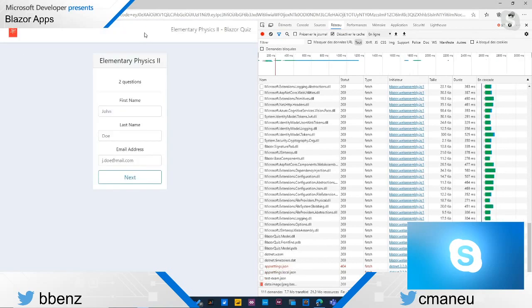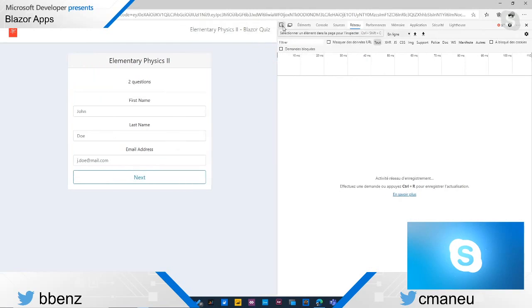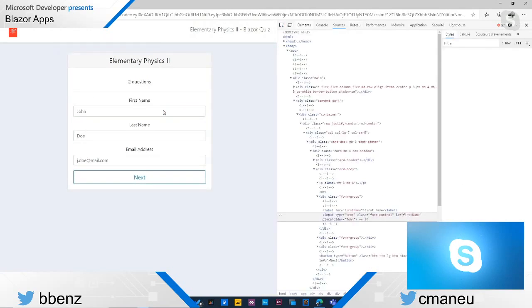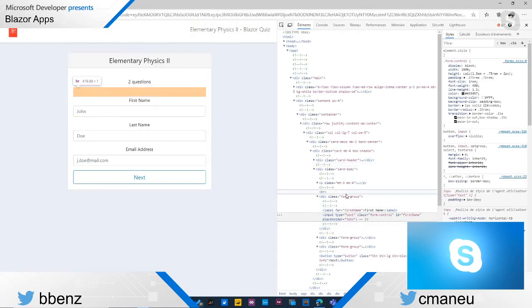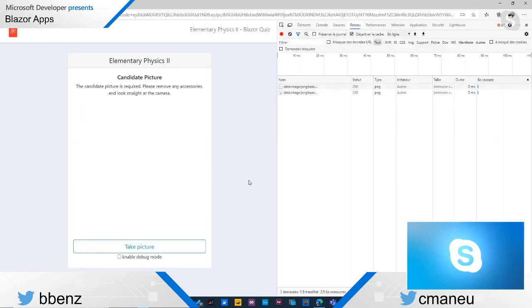But actually, the Blazor app is a web app, so I can inspect everything in the web app. And if we look at the network, if I click next,